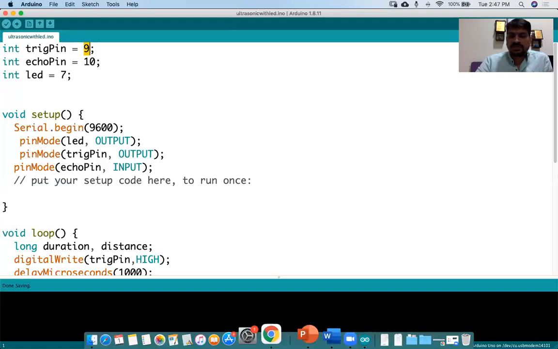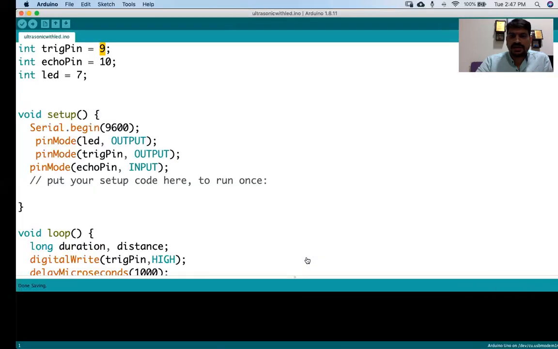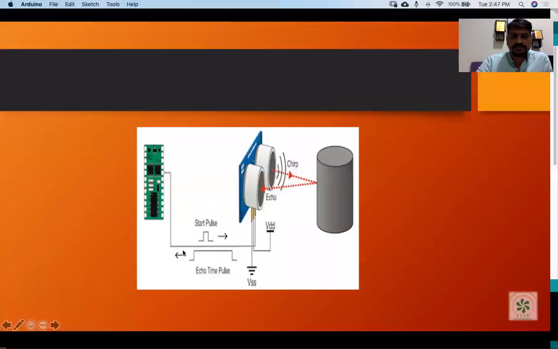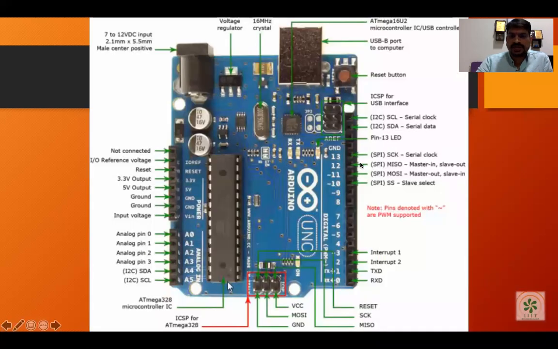Now let's go to the board and understand what the trigger pin means. If you see here, there are the numbers of the pins: 0, 1, 2, 3, 4, 5, 6. So this pin number 9 we have kept as the trigger pin.